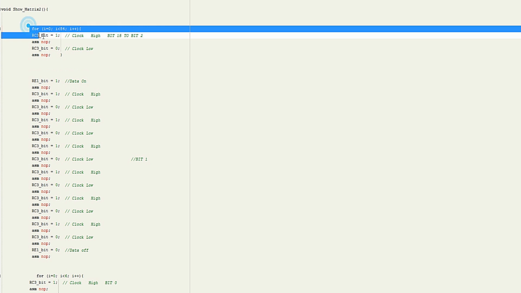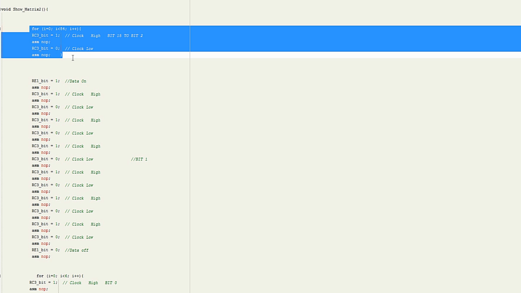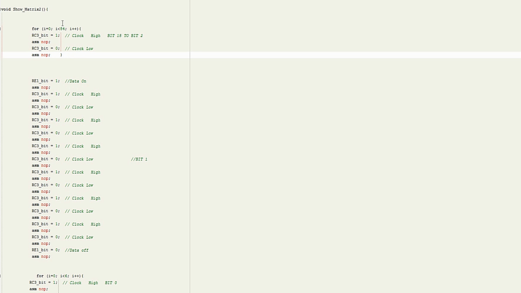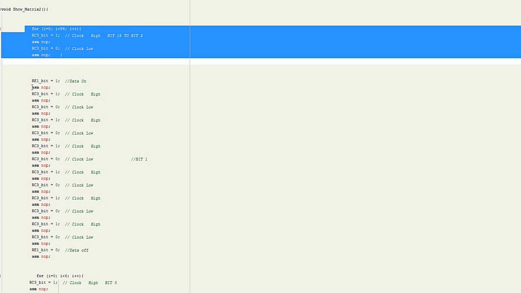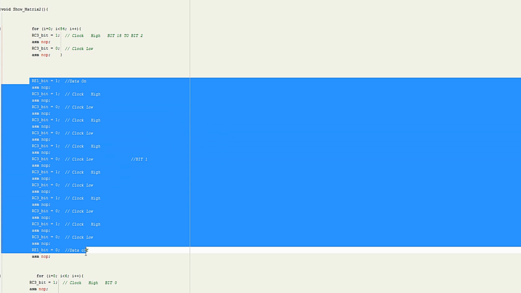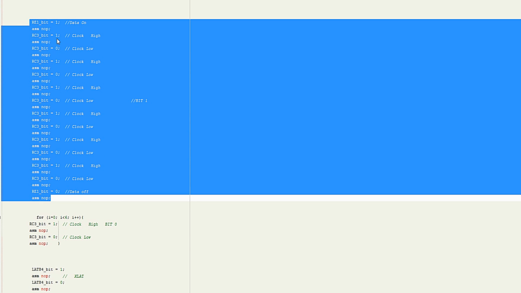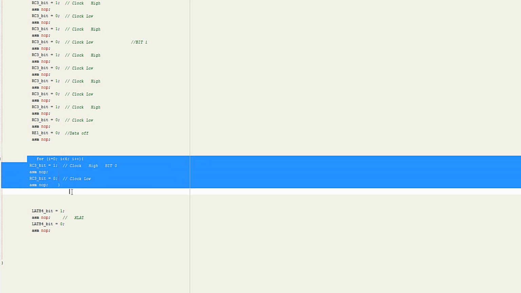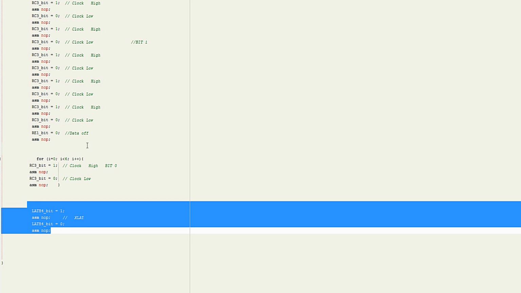So matrix 2, I just decreased the amount of empty LEDs first, so I've only got 84 clock pulses. So you can see I must be coming down a row. So I'll turn on this LED, bit 1, so not bit 0, bit 1, and then another empty clock pulse. So you can see I'm shifting the LED down, latch the data in,